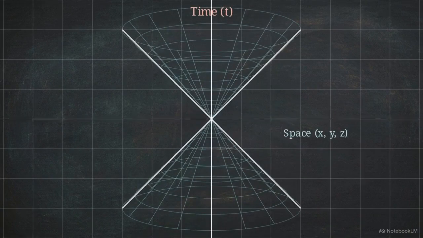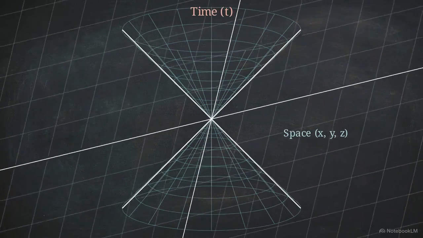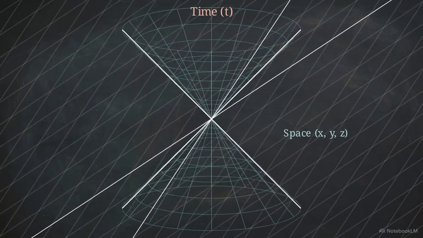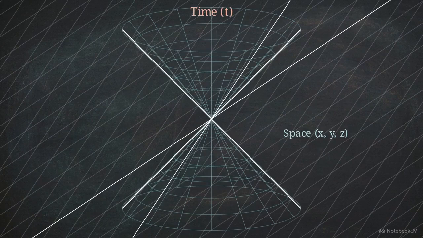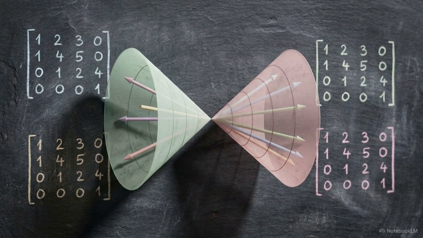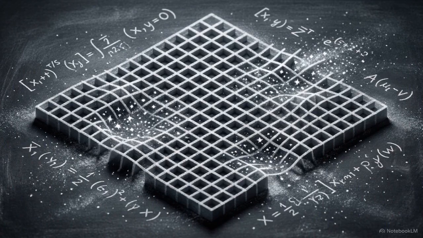When an object moves at high speeds, these transformations warp the measurements of space and time, but they preserve the quadratic form. Because the form is preserved, the boundaries of the light cone, the speed of light, remain the same. The groups that preserve these bilinear forms define the limits of what can change in a physical system. By identifying these algebraic symmetries, we find the transformations that leave the core